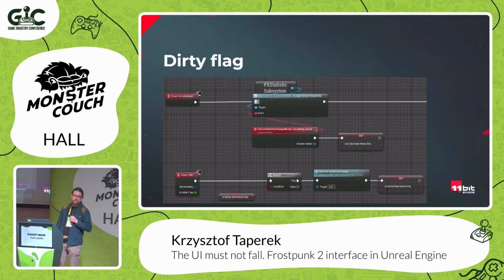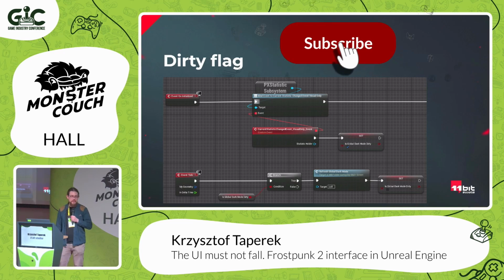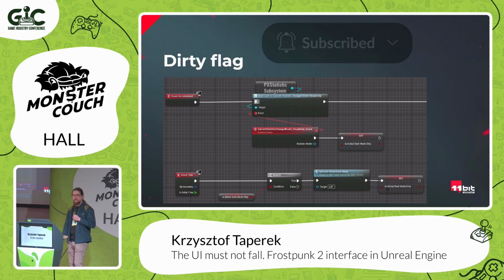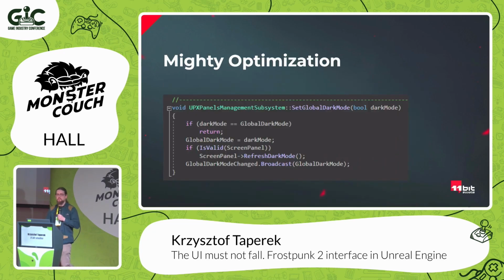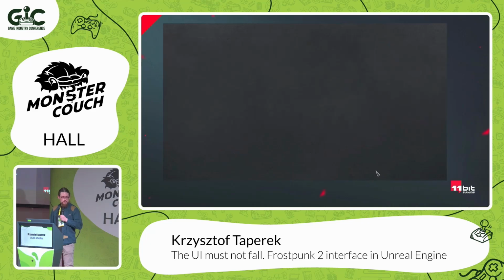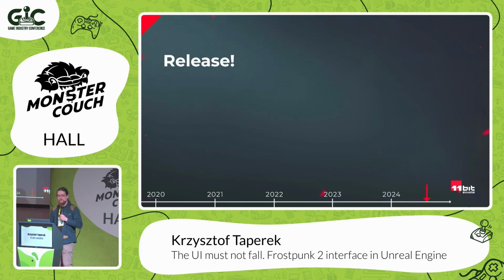So Daisy's solution: just add dirty flags. So instead of updating it every time, just set the flag, and on tick, that's the exception where we can use tick, just check it and make that update max 1 time per frame. And we added a mighty optimization. We moved the logic from blueprint to code, and we just added an early return because we didn't block that later, so it was updating every frame instead of, for example, only when tension changed, when dark mode should change. So yeah, I will skip loading screens because we don't have much time left.